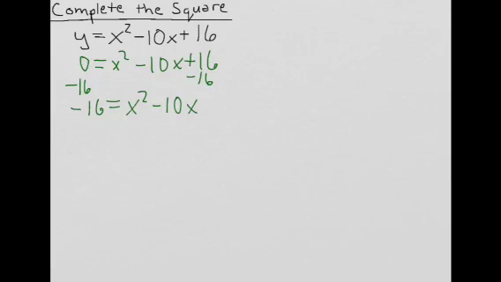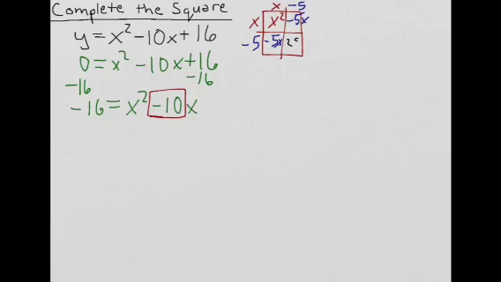Now is the part where we want to complete the square, so we do our little Punnett Square, go x squared comes from x and x. And in this one, the 10 is the important thing. And it's a negative 10. And what we want to do is we want to cut it in half. So we want negative 5x and negative 5x. That's going to come from a negative 5 and negative 5, which tells us we should add 25 to both sides, as negative 5 and negative 5 make positive 25 when you multiply. So add 25 to both sides,